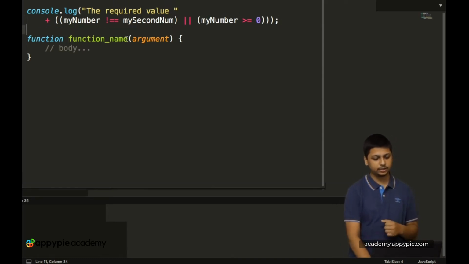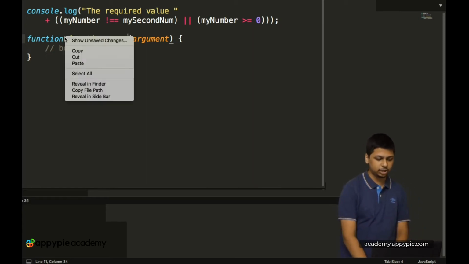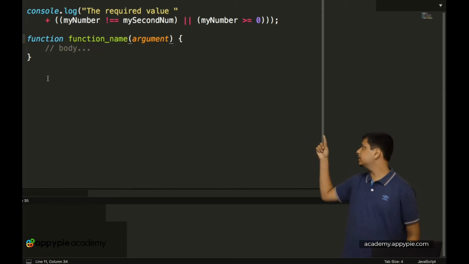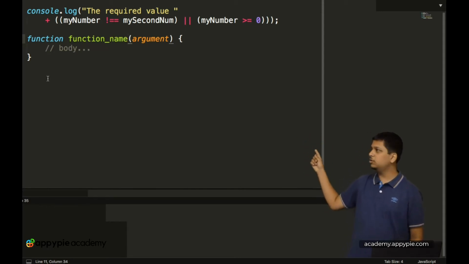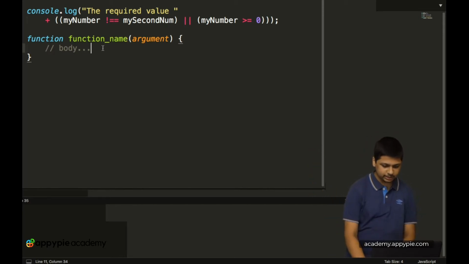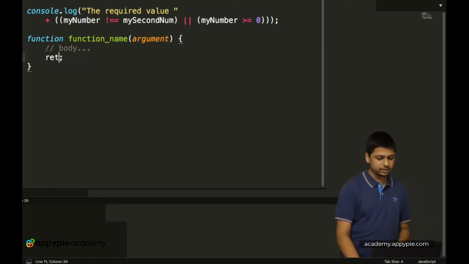The basic format is that you have the function keyword, then the function name, then the arguments, then the body of the function, and then you return something. So let's type in a return word over here as well, and we have to return some value.